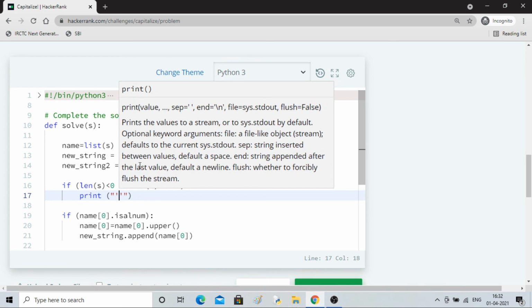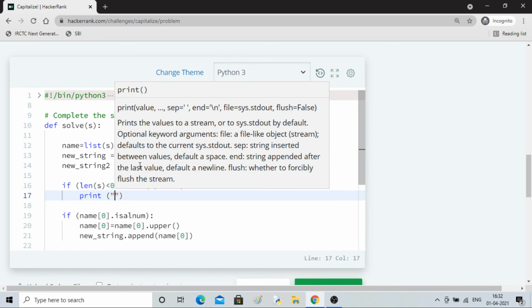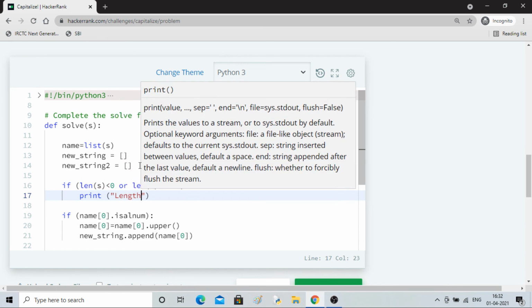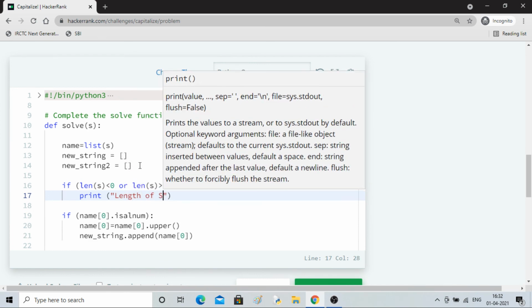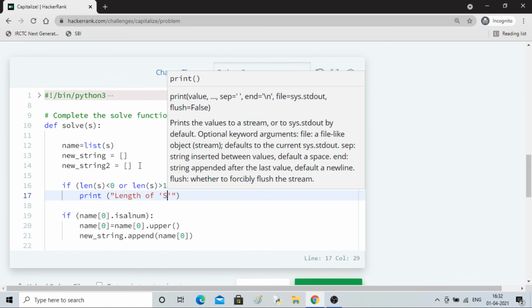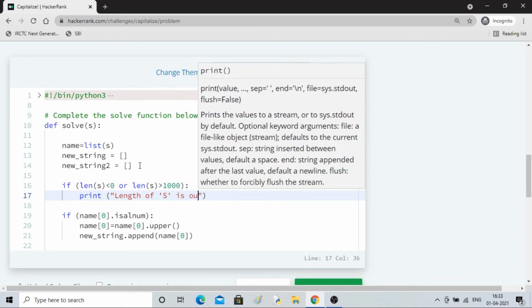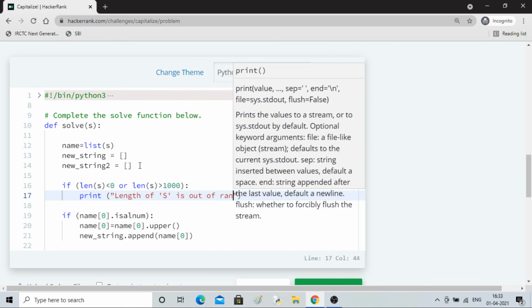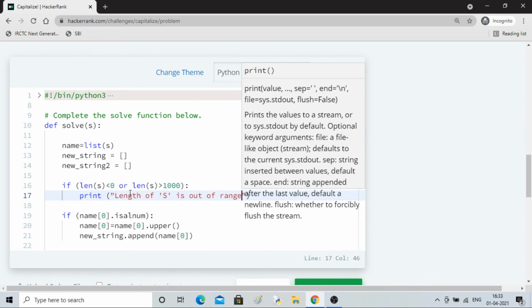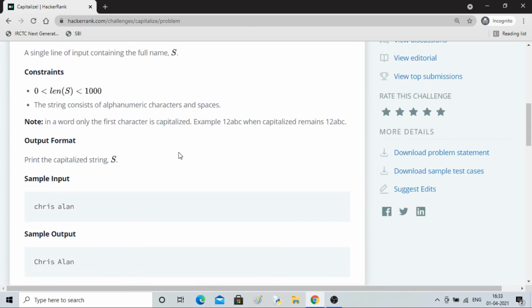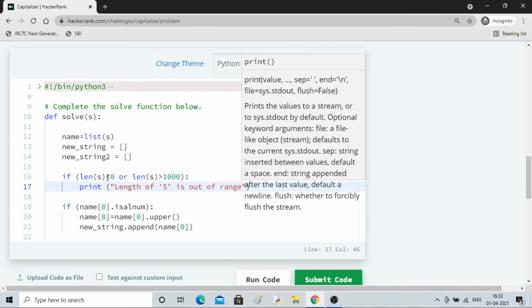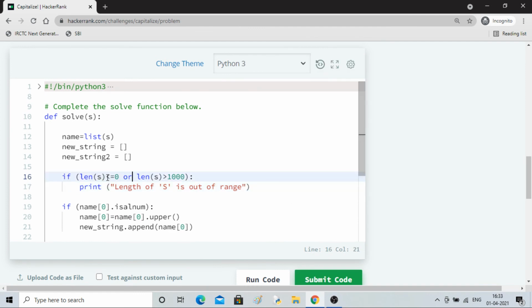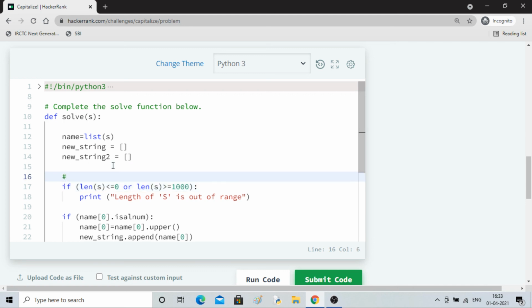Length of S is out of range. Okay, this is the constraint, right? Equal to also: length of S is less than or equal to, greater than or equal to. Although it is not required, you can still do it. Constraint.